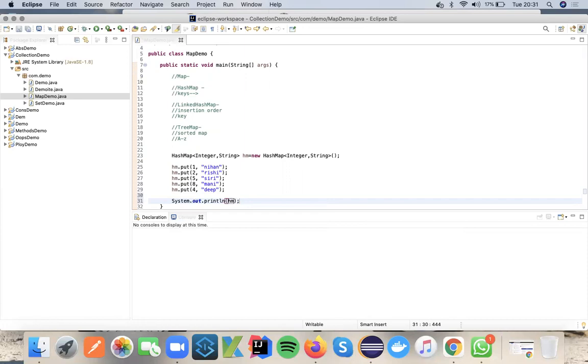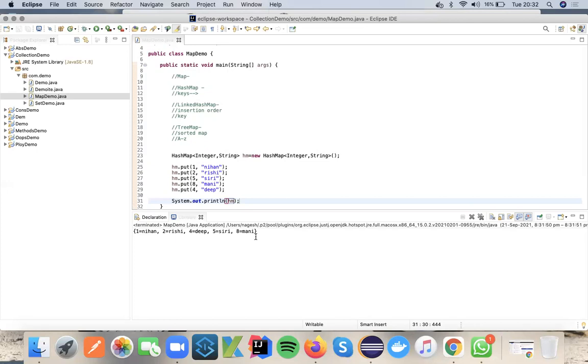If you print hm, let me run and show you what will happen. It will print 1 comma Nehan, 2 comma Rishi, 4 comma Deep, 5 comma Siri, and 8 comma money. One thing to observe is that all key value pairs are printed, but the order of execution is not following the insertion order.